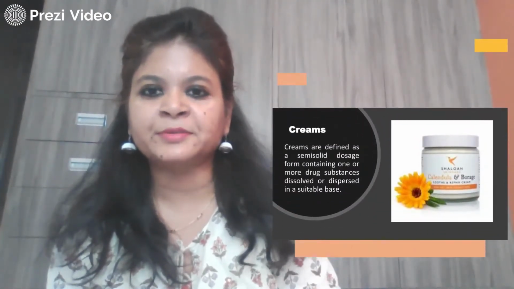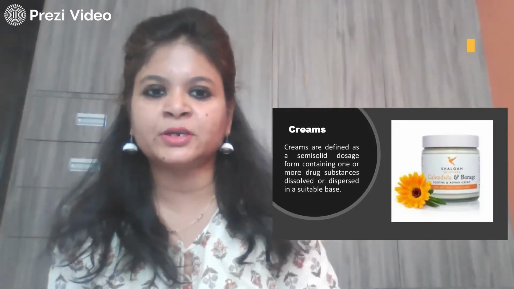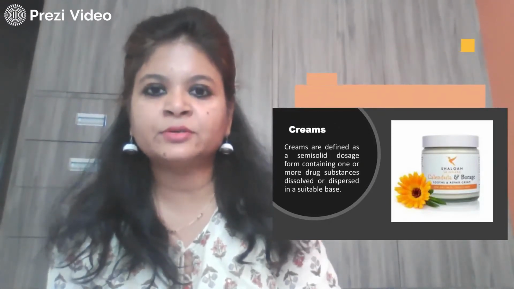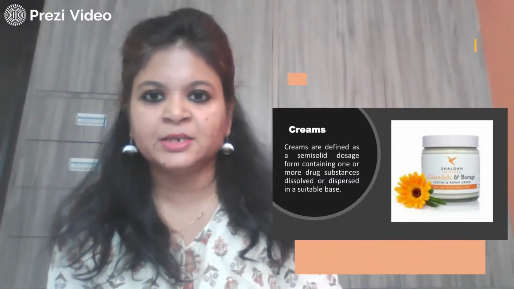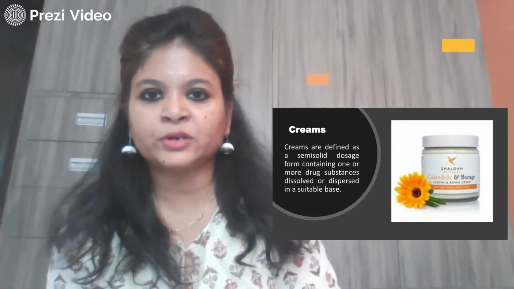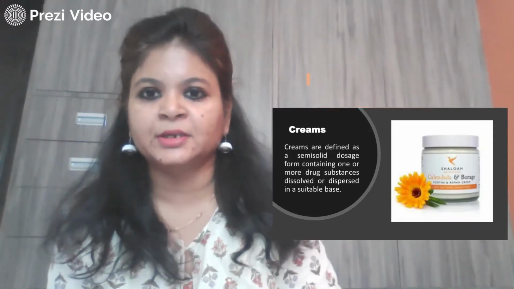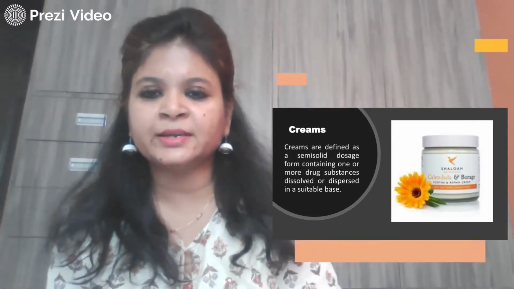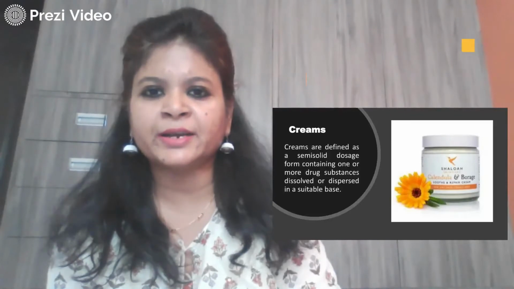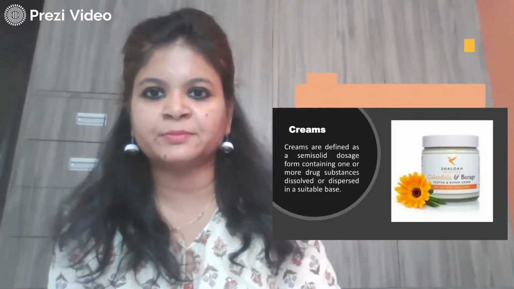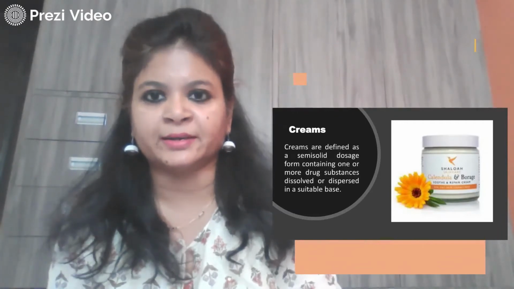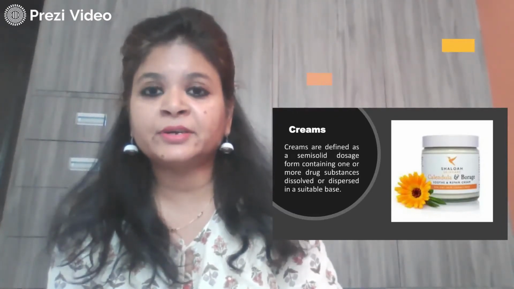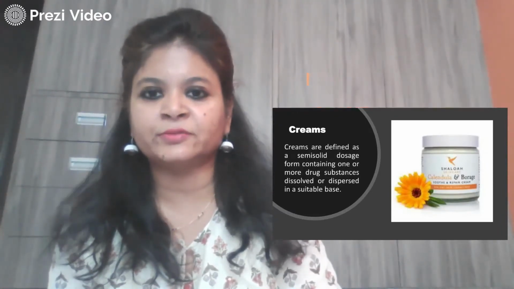So what are creams? Creams are basically semi-solid dosage forms. They again have two components: first is the dispersed phase and another is the dispersion medium. They can be oil-in-water types or water-in-oil types. So there are different kinds of creams. Creams are used very widely in different parts of the world. Creams are generally applied on the skin, and there are different applicabilities and different kinds of creams.